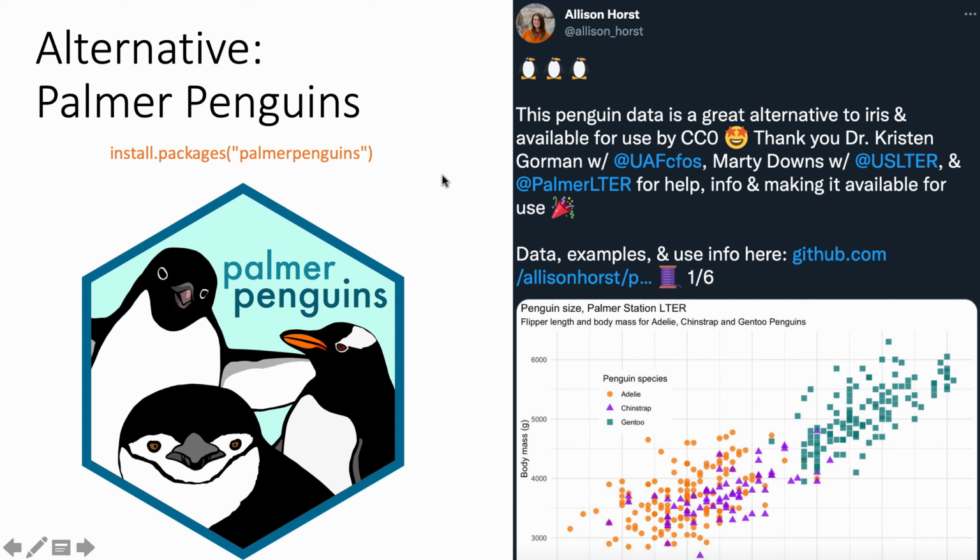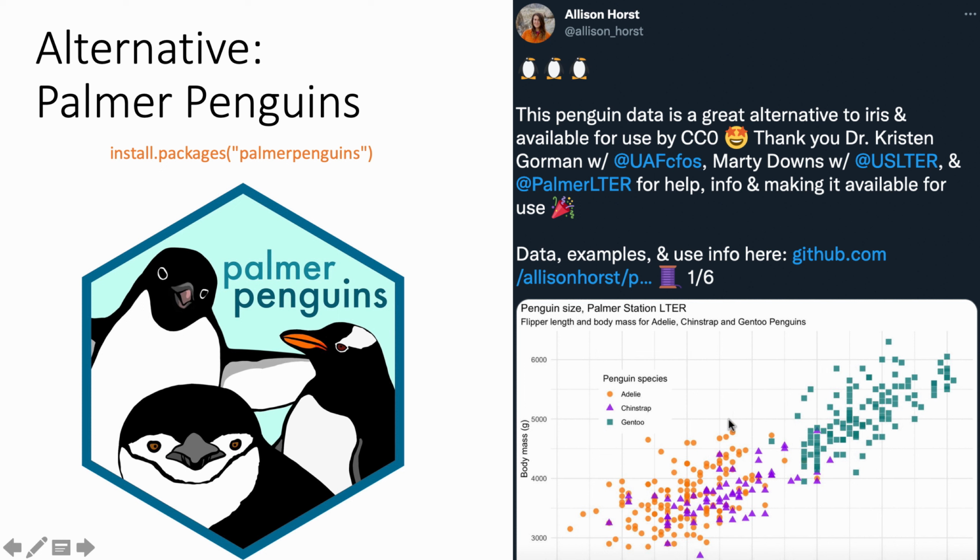So anyway, I've seen different people propose different datasets to use instead of the iris dataset because honestly the iris dataset is not that interesting and it's not that intricate, but the number one alternative that I have seen that people propose is called the Palmer penguins dataset. So these are measurements from 3 different species of penguins that you can find in Antarctica, and Palmer is a reference to a research station in Antarctica. I think it's owned by the United States.